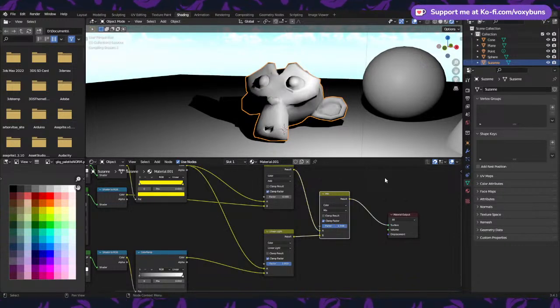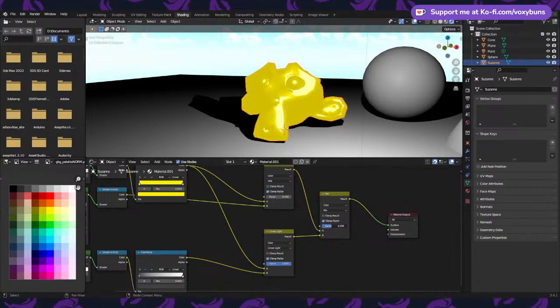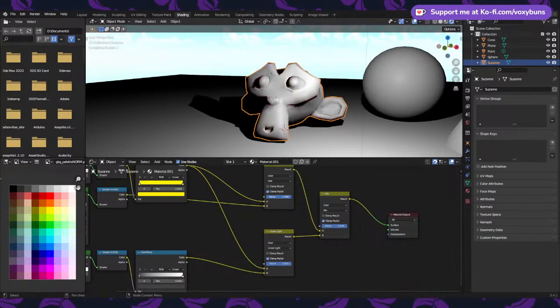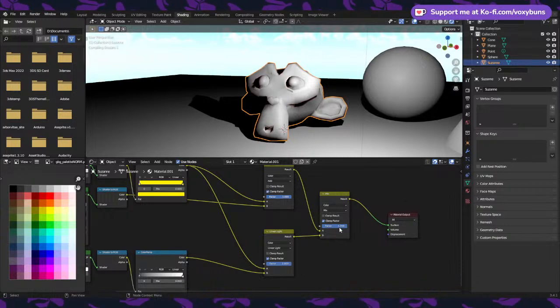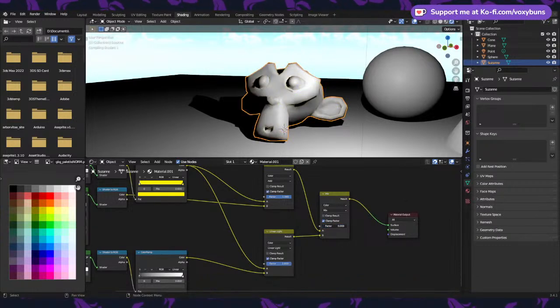So if I do this, it's gonna be metal, but if I do this, it's gonna turn back into being more of a glossy plastic material. That makes sense. So this is kind of like a metal slider. So all the way to 1 is fully metal, but all the way to 0 is